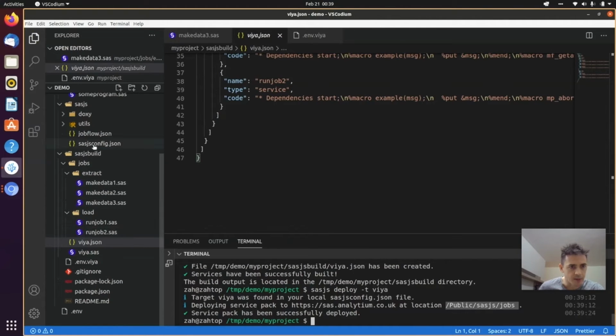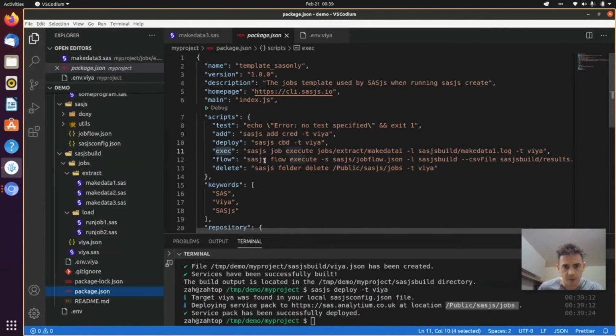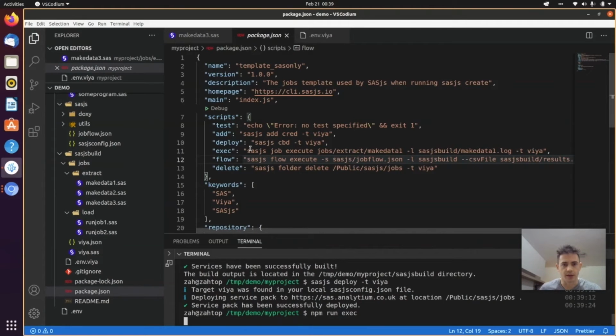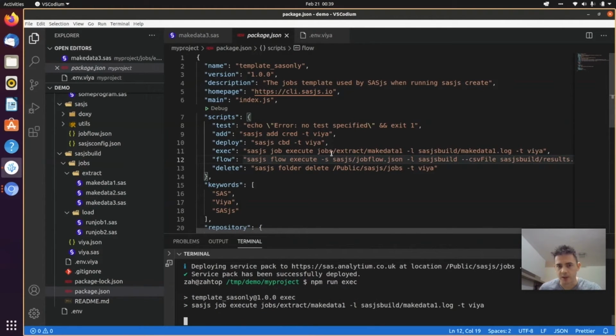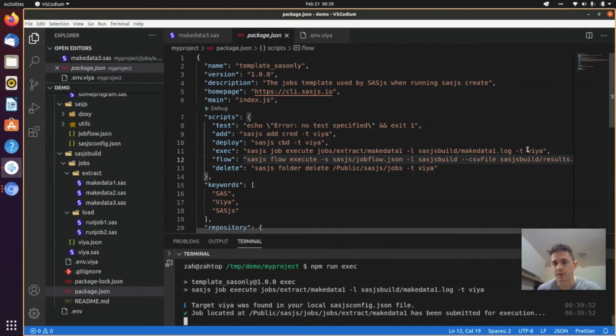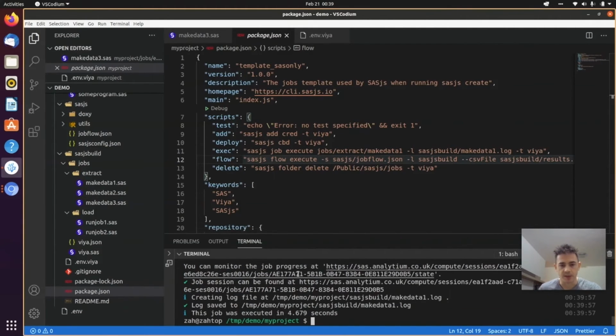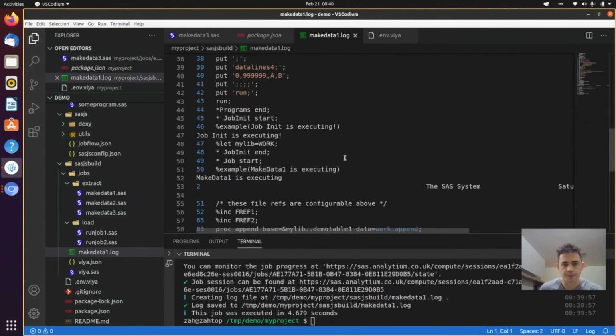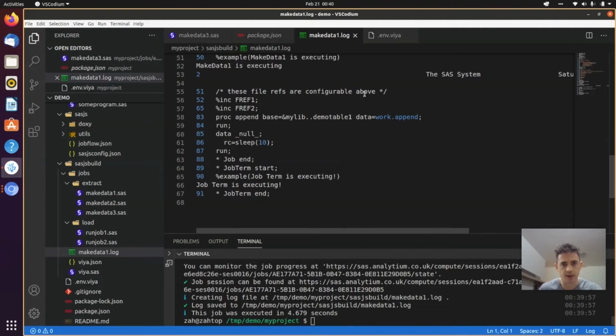So next step then might be to actually run some of these jobs. I'm just going to get a refresh on the command. So here it is, Sass.js job execute, but I don't have to type that out because I can use the npm run exec alias, and that's just going to execute this Sass.js job execute, and then the relative path to the job from the app loc. It could be a full path, but I've got a relative one. And then the log goes here, and then I'm using the via target. So you can see that's been sent, it's polling the status, it's fetched the log. Here's the log. So that's great, I've run one job.